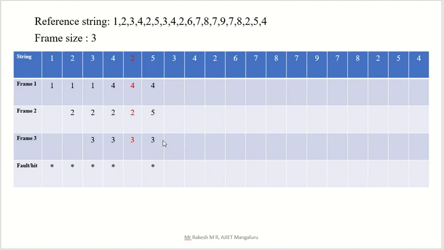Yes, here 3 is there in the frame, right? So no need to replace. This is called a page hit because that particular number is there. Page hit, I changed its color. Okay, 3 required, that 3 is here, 4 5 3, and again a star mark is not required because this is a page hit.